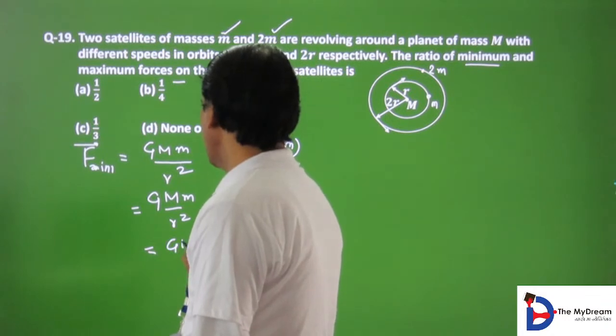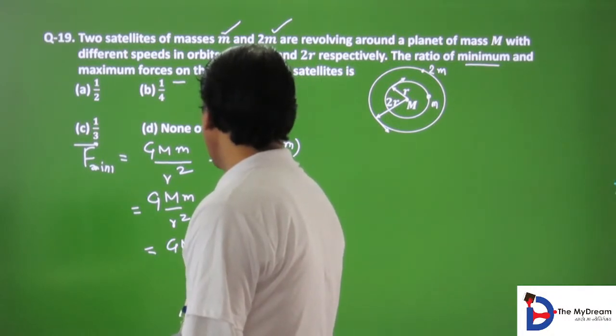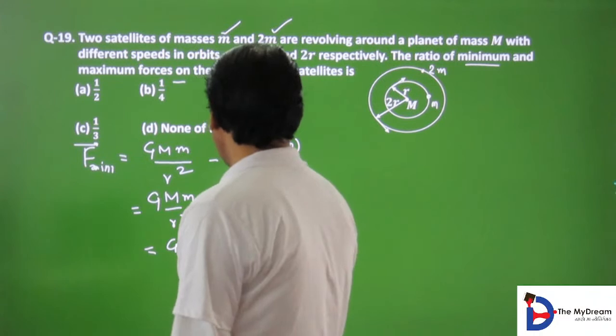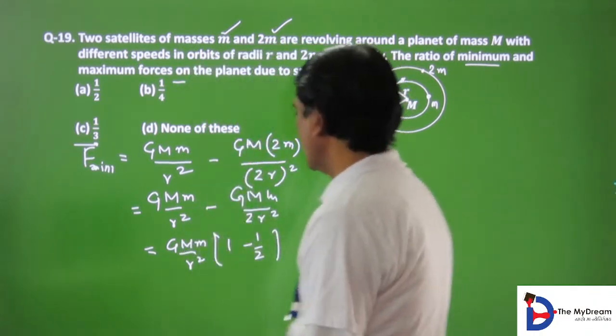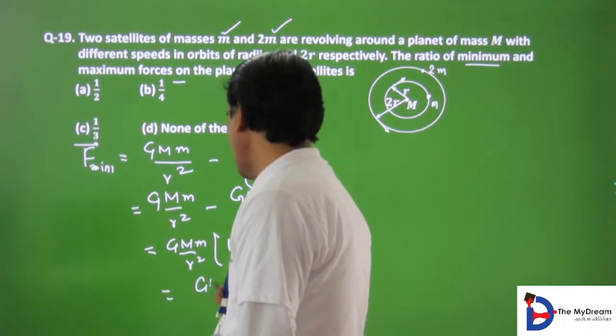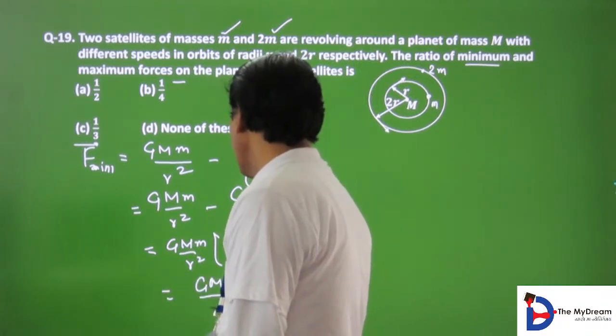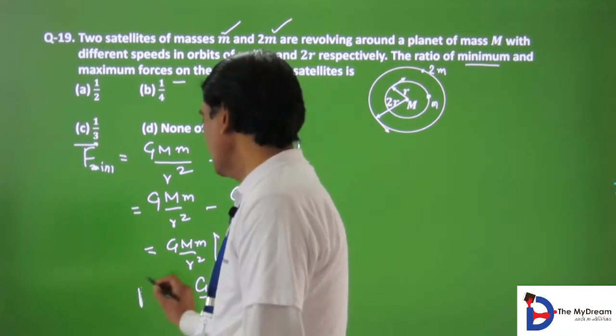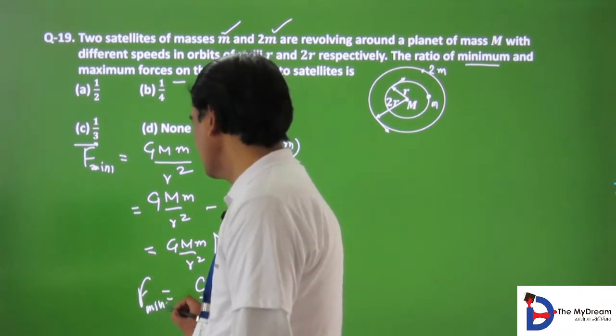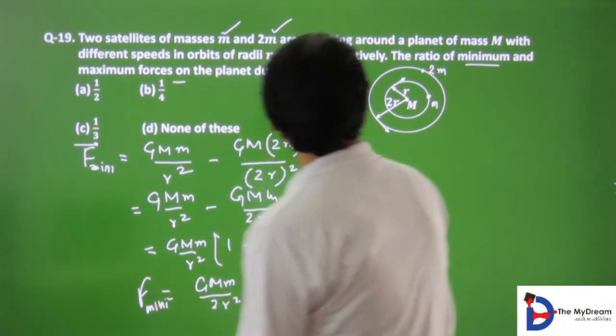Then you will get G m small m by r square (1 minus 1 by 2), which is equal to G m small m by 2r square. The minimum force. Maximum would be,